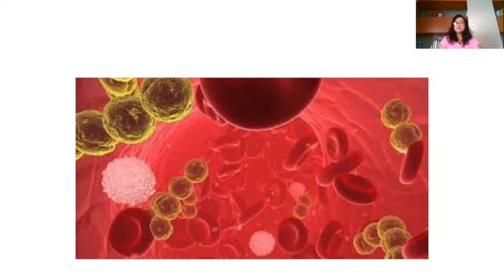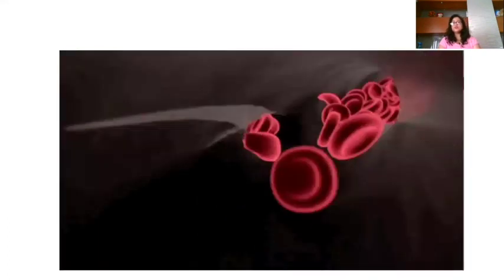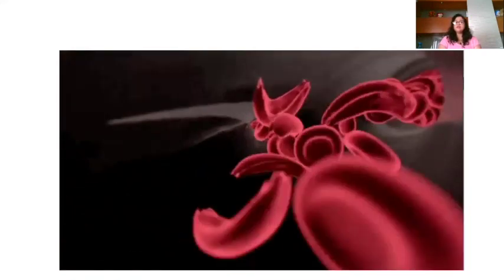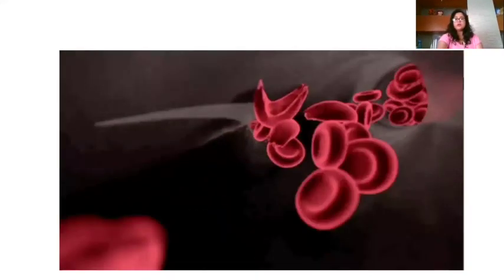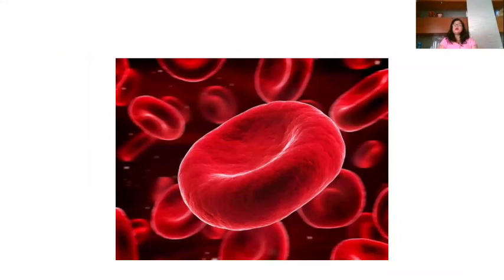Plasma has maximum, that is 91% of it, as water, and the remaining other components, of which the major components are proteins. But our focus right now is on the formed elements, or the cellular structure, that is RBCs, WBCs, and platelets. And in that, for blood groups, what we need to know about are the RBCs. So inside the bloodstream, that is how the cells are flowing. The animation shows you the flowing of RBCs. This is how a single RBC looks.